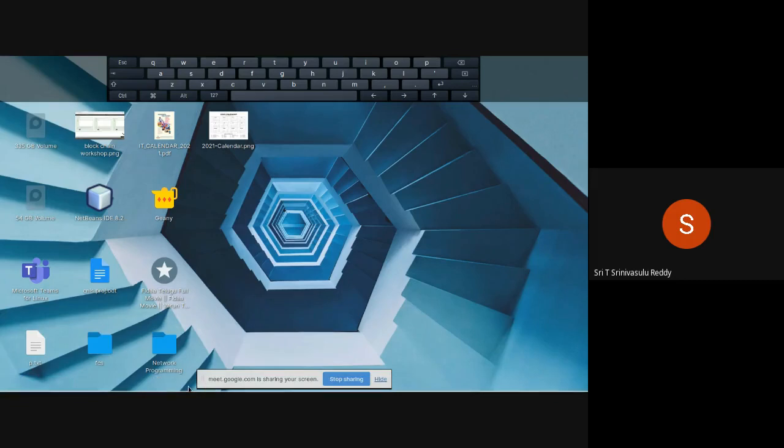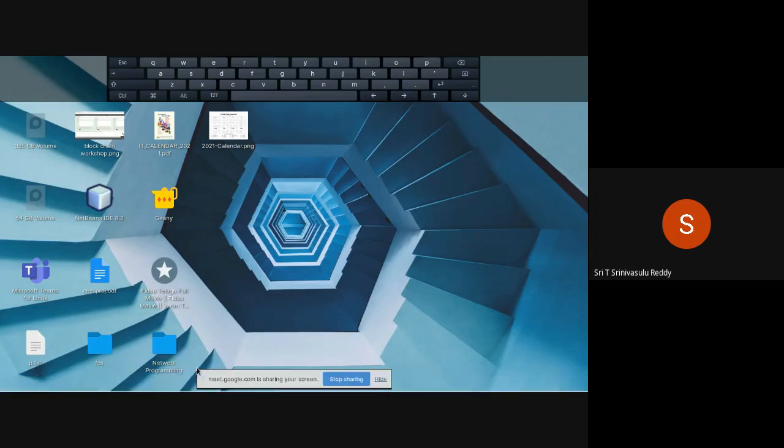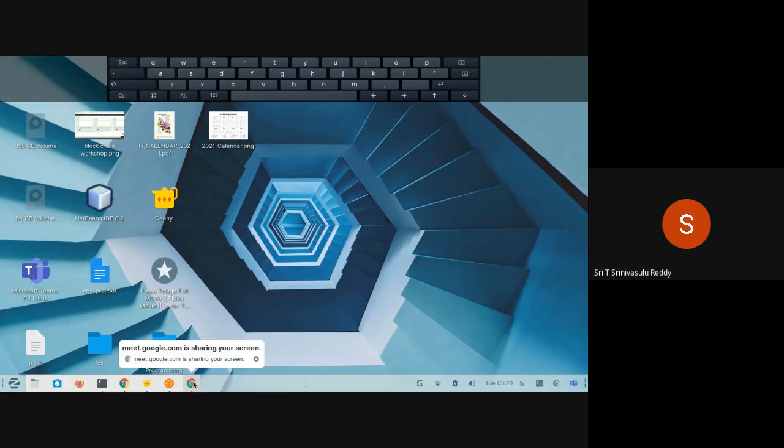Are you typing something there or are you speaking? What is the name of the operating system? The current version of Windows.